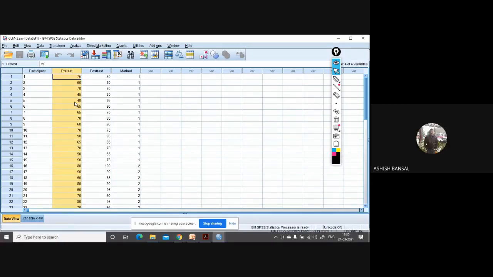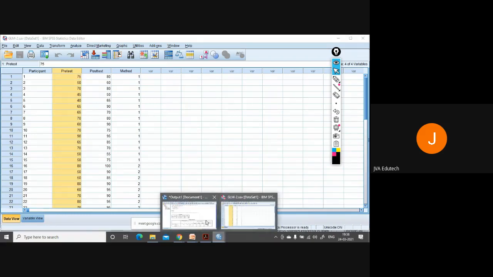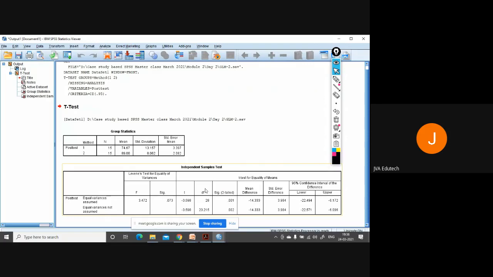Yes, sir, I understand. On the basis of an independent sample t-test, we cannot generalize which one is the better method, because we also have something called the pre-test, their initial quantitative ability. That's why we are going for this ANCOVA. Otherwise, there is no need for ANCOVA; the independent sample t-test would give the results. But just to have an overview, I said let's perform an independent sample t-test to have a general overview of the data.